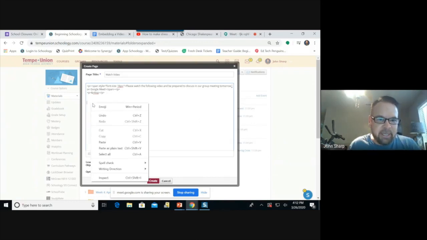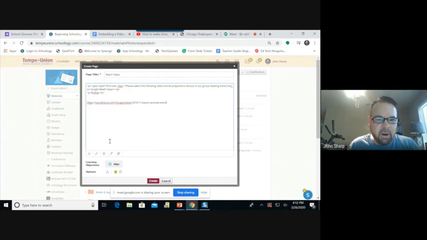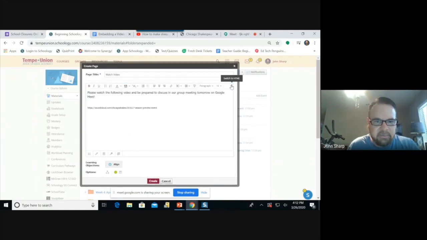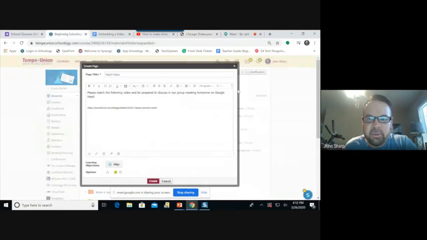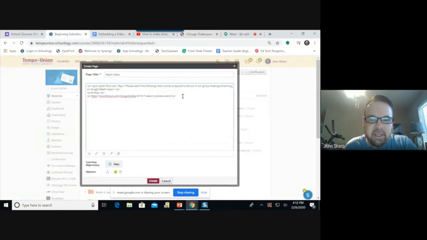I can either right-click and paste, or I could have done Control-C. That doesn't look like an embed code to me. So let me take a look and see if that works. It did not work. Okay, so let me go back and make sure I got the whole embed code. Oh, there. I'm sorry, I had to click on the embed, okay? So let me go ahead and copy that again. My apologies. I'm going to go back to my Schoology course, go back to my HTML,